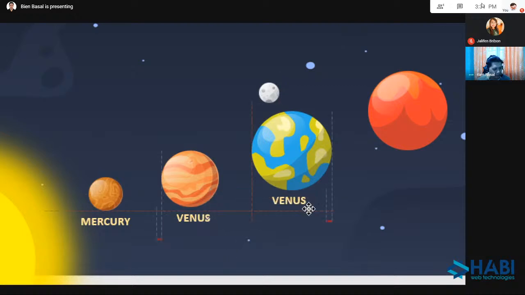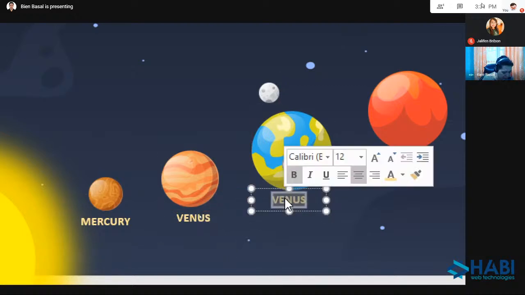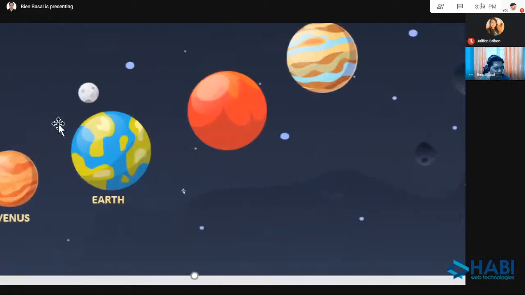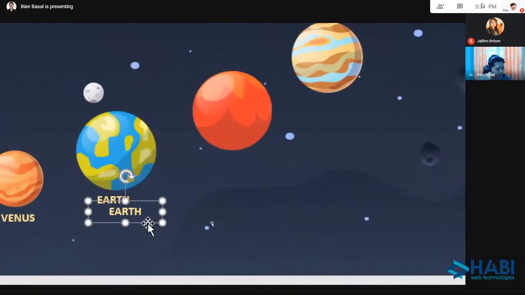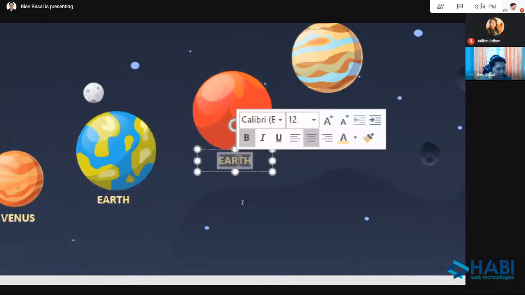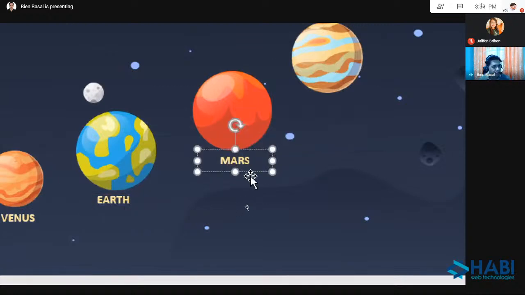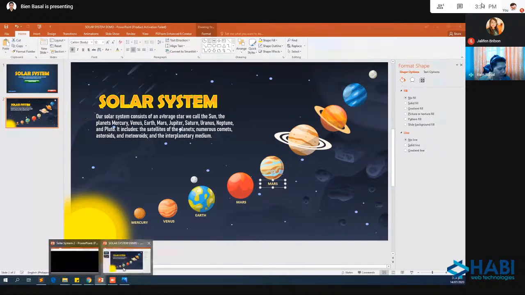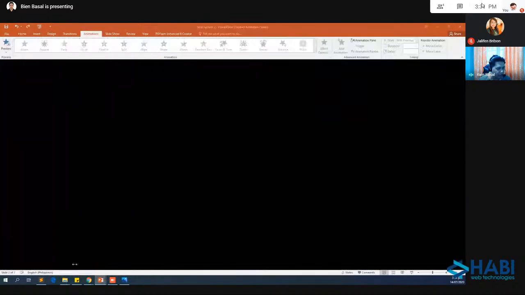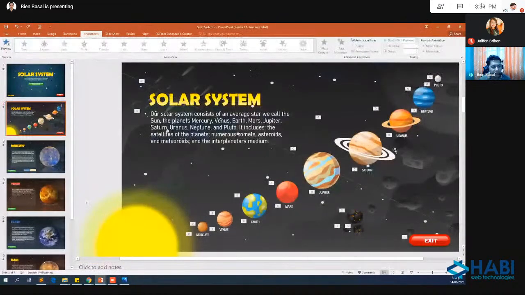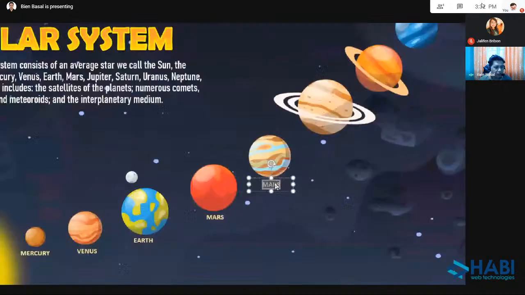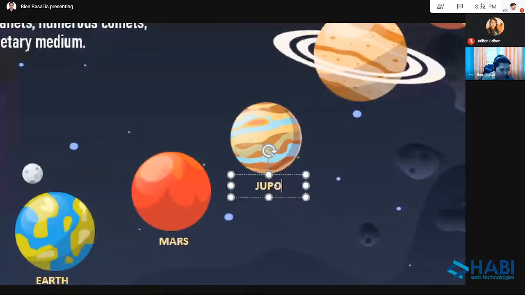Earth. This one is Mars. Ano po ba next ang Mars natin? Nalimutan ko po. Uranus po ata yon. I will check sa ating Jupiter, Saturn, Uranus. So this one is Jupiter.